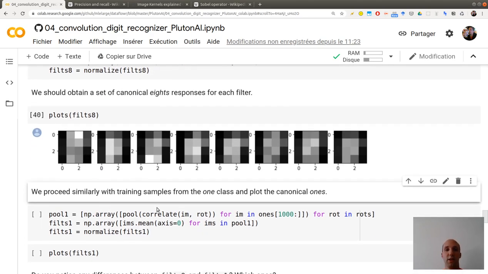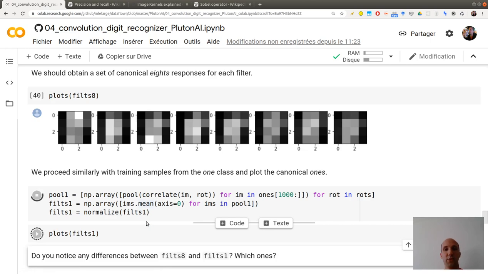This is the canonical 8 represented in this new basis, if you want. You see that you recover a little bit the main features of the 8 that we saw before. The top is always highlighted, and the bottom is highlighted here, so this is the bottom part of the 8.